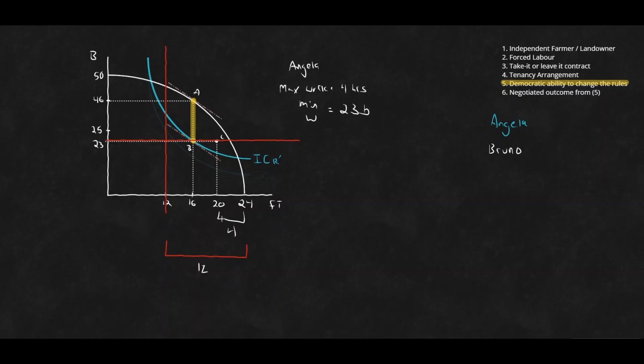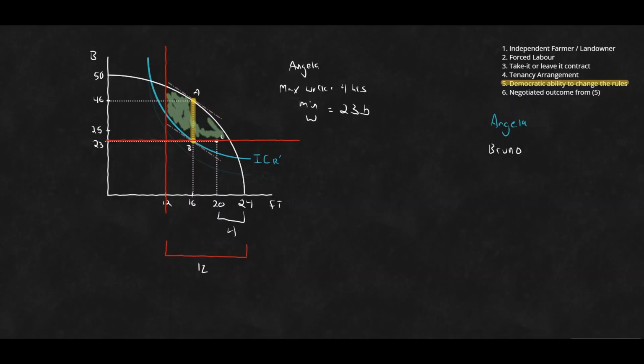What this does in this scenario is it restricts our feasibility set. Our feasibility set is still small. It's no longer that entire lens of mutual benefit. It's now just this area here. Let's maybe just shade this in a little bit. We now just have this area here as our lens of mutual benefit.